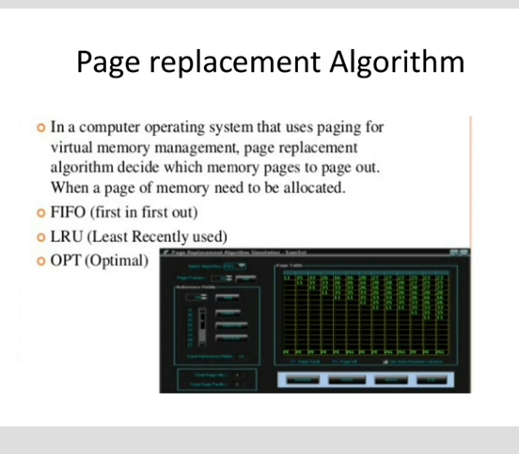So when a page fault occurs, or the required page is not in the memory during the execution, the operating system has to choose a page to remove from the memory to make room for the incoming page. So the page to be removed is selected. If the page to be removed is modified, it must be written back to the disk, and if the page to be removed has not been modified, then it can be overwritten. So the page to be removed should be selected carefully.